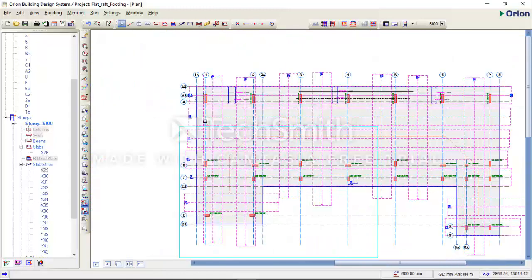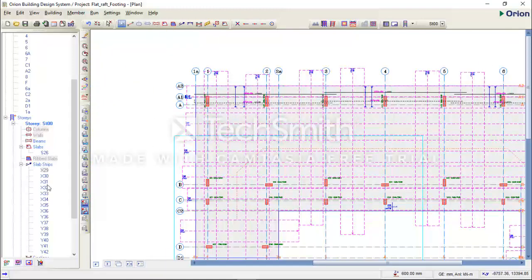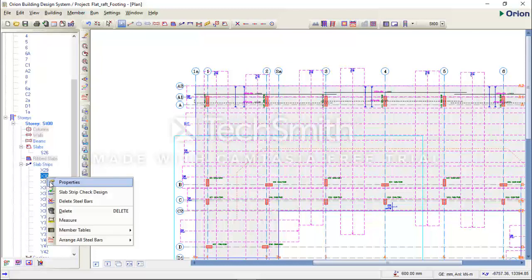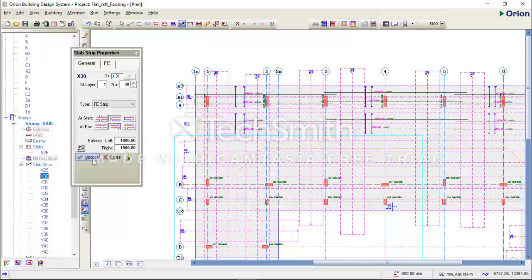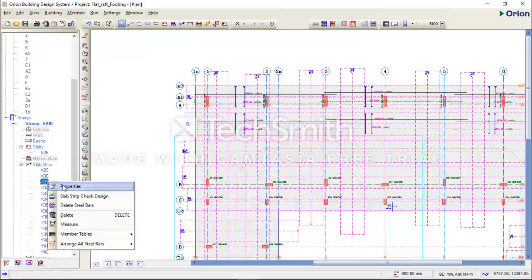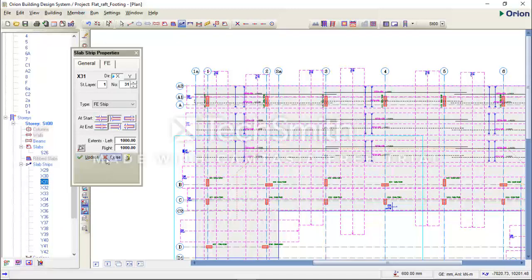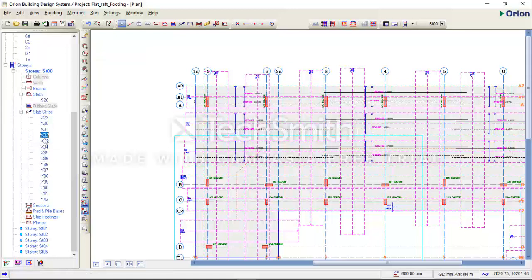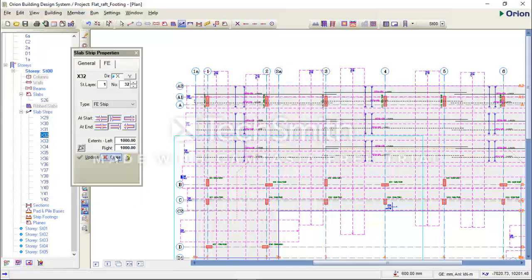So this is for this area. So I'll update all the strips and we'll check the values. I'll update all my strips now. This will take a while because I have many strips drawn.